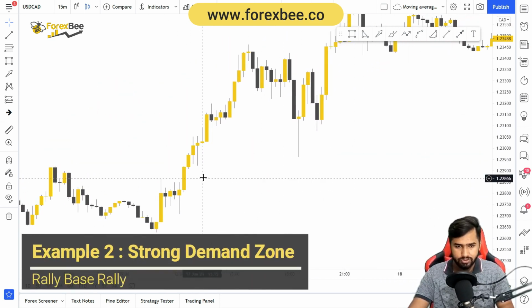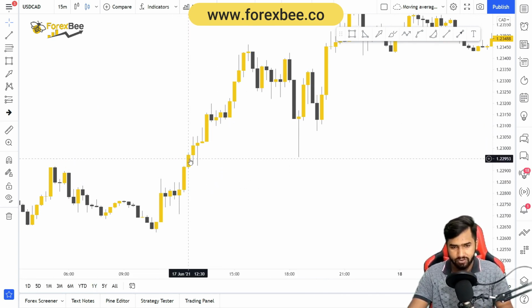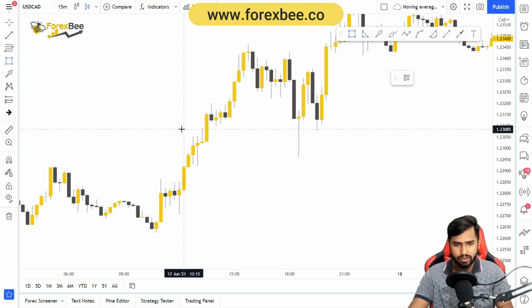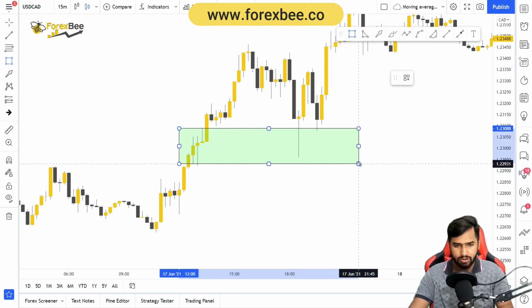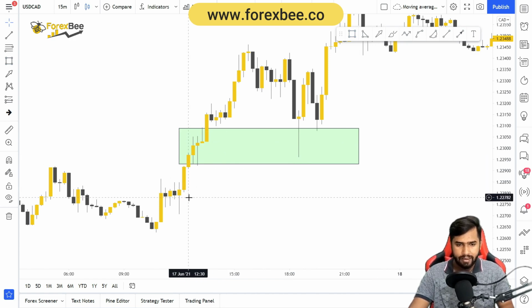And you can also see here that these are basically our supply and demand zones forming here, and this is basically a demand zone forming here. And let me just go ahead and draw that out so that you can see. So here you can see that this is also a demand zone forming here. Now again, what I need to do is I need to check or validate if this is a strong or